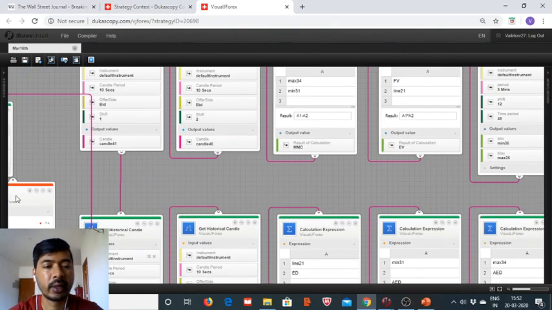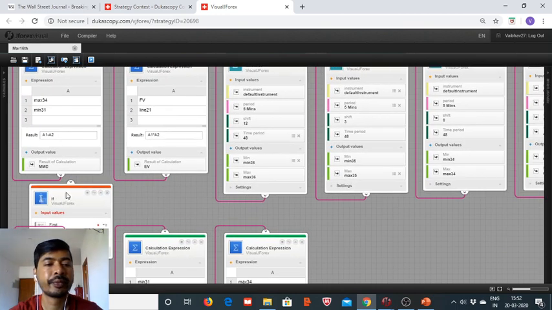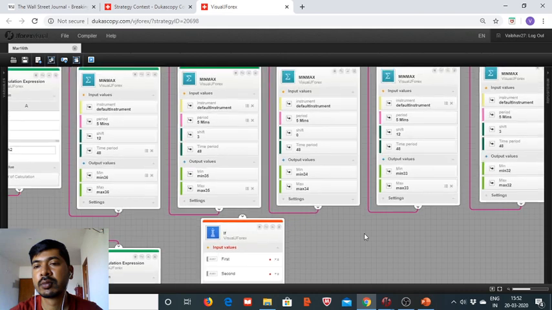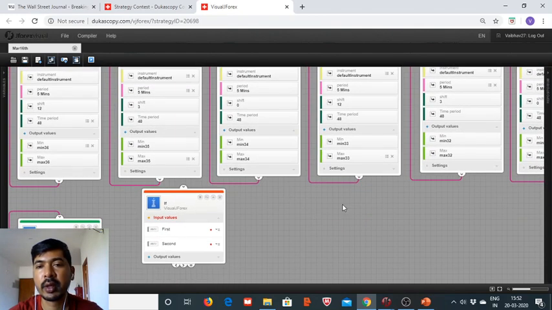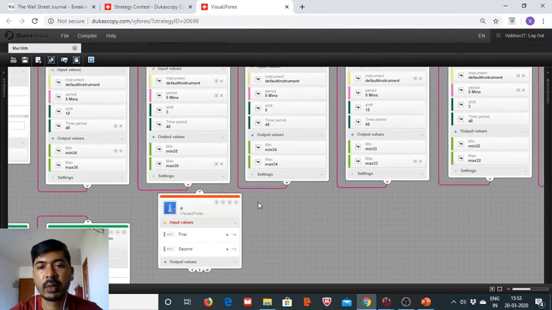So we again go back, and so here we will again use the bid values only, and shift 0 is minima 34. So we take the minima 34 value,